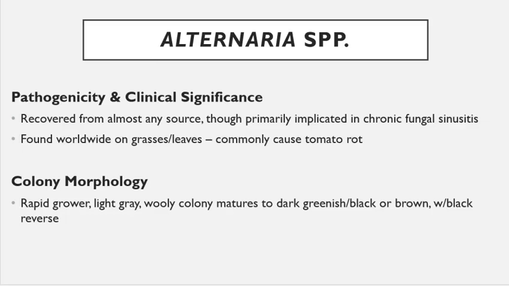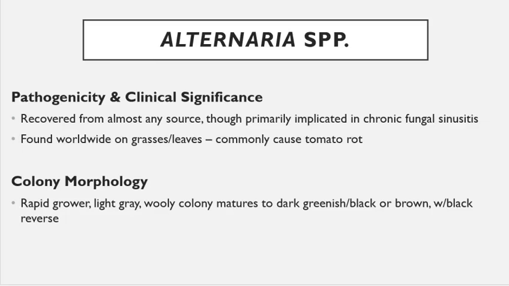It's recovered from almost any source, though primarily implicated in chronic fungal sinusitis. It's found worldwide in grasses and leaves. It's commonly a cause of tomato rot. The colonies are rapid growers. They are light gray in color. They are a woolly colony that matures dark, greenish to black, or even brown, and with black on the reverse